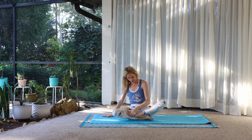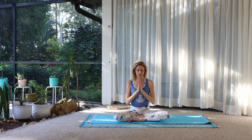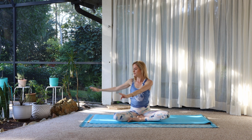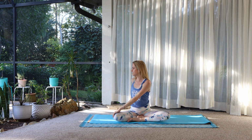Bring your left foot in. Sit any way that's comfortable as long as you are sitting up straight. Bring your palms to touch. On an inhale, lift your arms above the head. Twist to the right. As you float your hands down, right hand behind you, press onto your fingertips of the